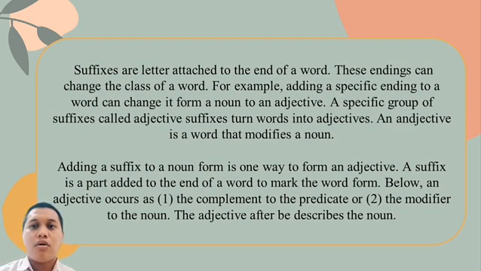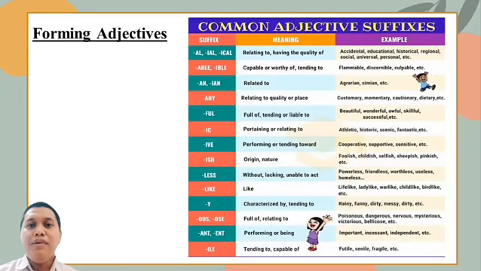An adjective occurs as 1. The complement to the predicate, or 2. The modifier to a noun. The adjective describes the noun. The examples of adjective suffixes are